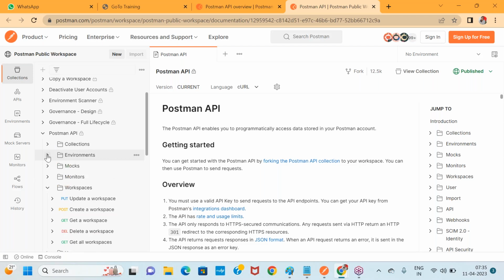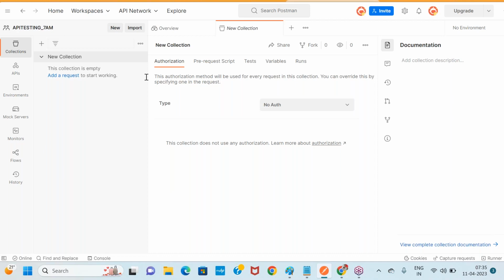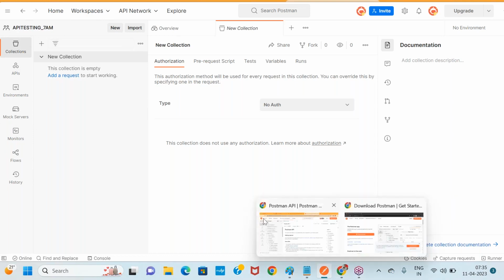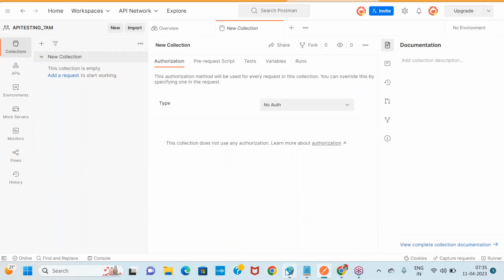Which means that inside the Postman tool, whatever functionalities we have and tasks we are performing, we can achieve not only manually, but along with Postman we can also do it through the API. The Postman people are providing us all the APIs in order to perform the scenarios for each and every functionality. So now if you go here,